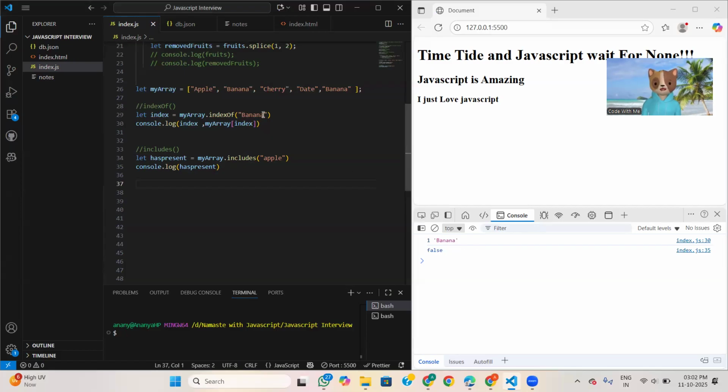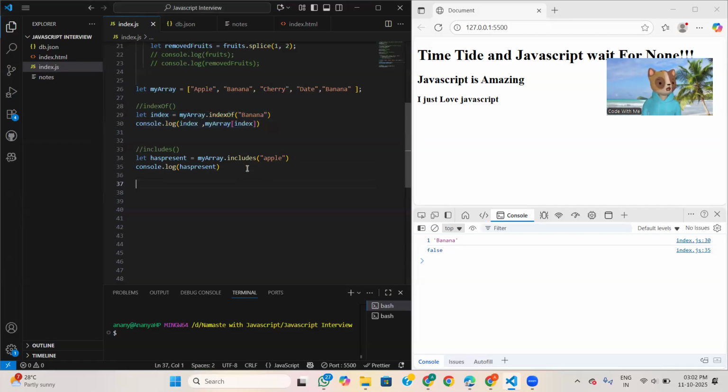So if we want to find at which index a value is present, in that scenario we will use indexOf. And if we just want to check whether this value is present or not, we will use includes, and it will not return the value. It will only return a boolean value, meaning true and false.